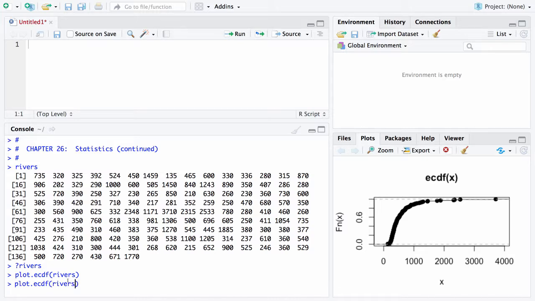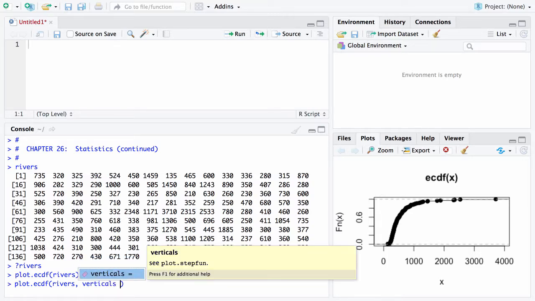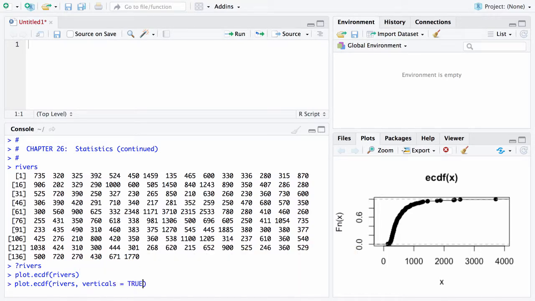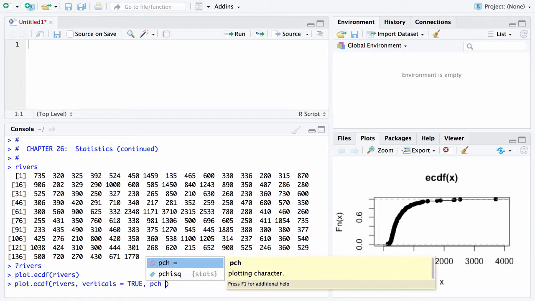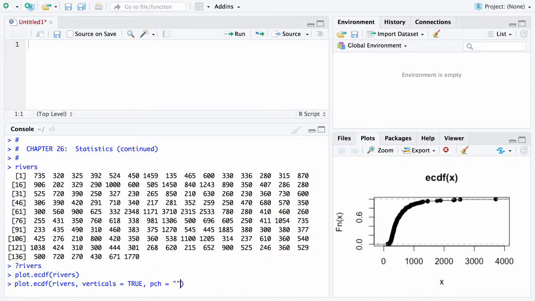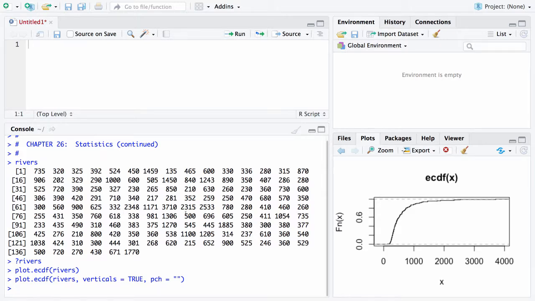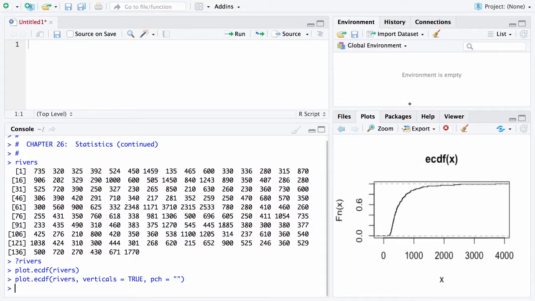I'm going to do an up arrow, and I'm going to add two extra parameters. verticals equals TRUE, and another parameter, pch, which we've seen before is the plotting character, and I'm going to have a plotting character of nothing. So when you do that, you now get this function over here